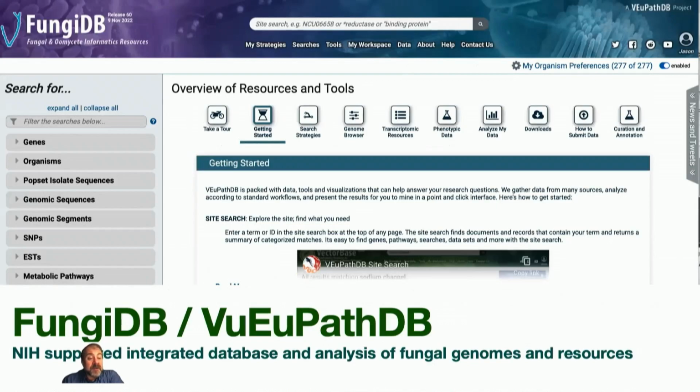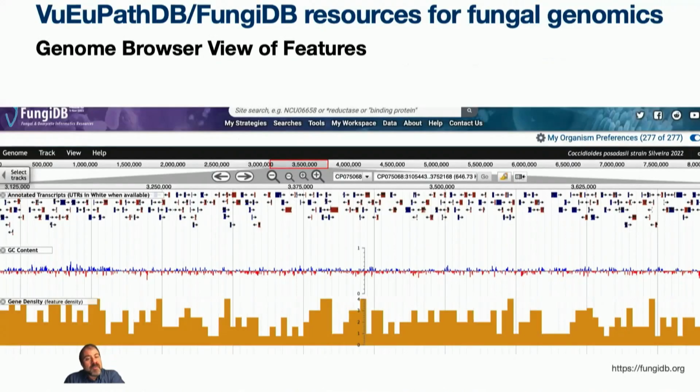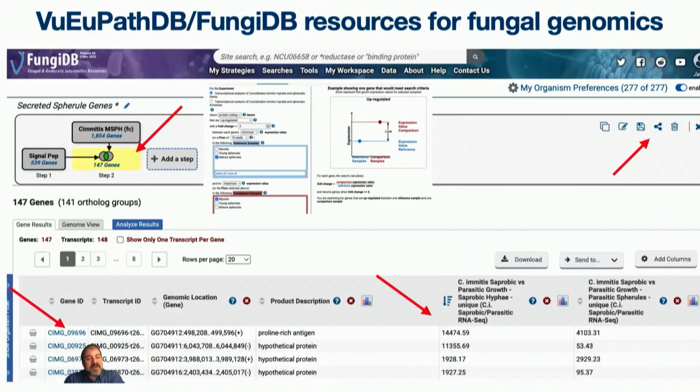So how do we do a better job of trying to figure out the functional parts or investigate these gene regions? It's important to have database resources. An important one like that is FungiDB, and I'm showing you here a couple of screenshots of a genome browser that allows you to investigate a region of the genome and start to look at the genes and dynamically zoom in and zoom out. You can also build queries up in FungiDB.